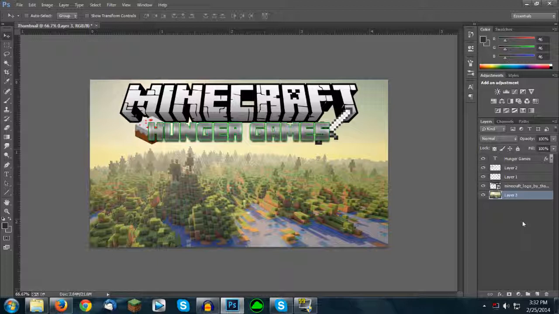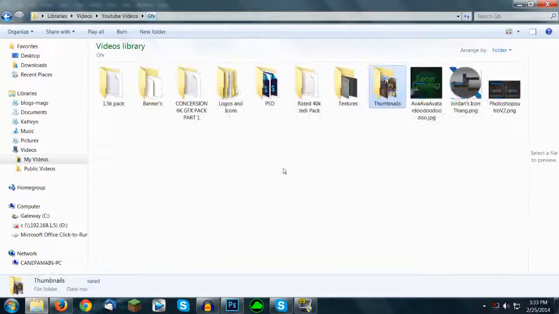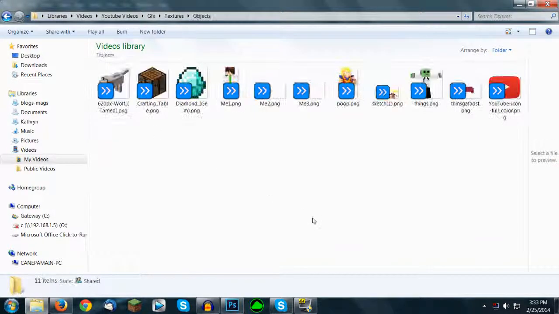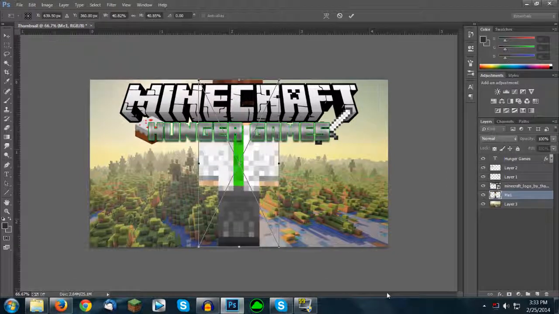Alright, so that looks kind of bland, just that. So what I like to do is add my character. If you don't know how to do this, it's pretty simple. If you have the same setup as me, I just have my guy here, so I'll drag him into Photoshop, and that looks really weird. So if you don't know how to do that, just go to